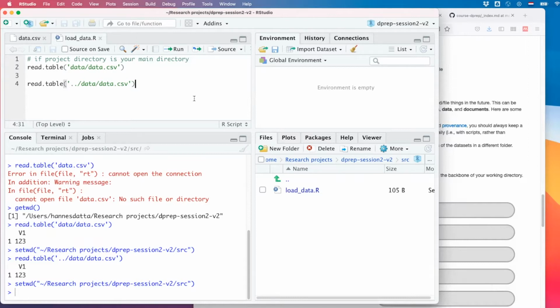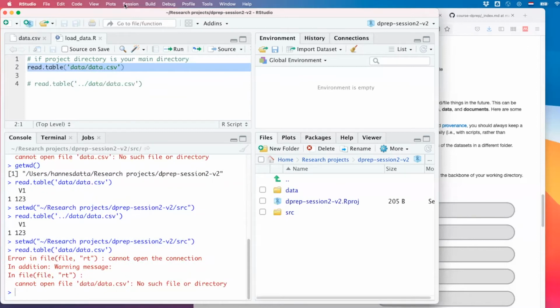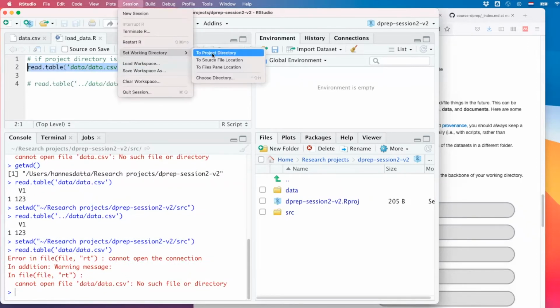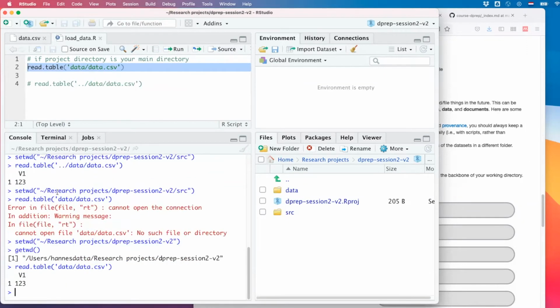You're going to get frustrated at times because you don't know why your code works or doesn't work. Probably it has to do with the relative file paths that we're using here. For now, because I've created a project, and in a project in R, everything is defined relative to the highest directory in your project, the main directory. Let us just go with this convention and set it back to the project directory. So now the working directory is what it was before, and we can load the data. That's a lot of talking for a little thing like directories, but it is a very important concept.